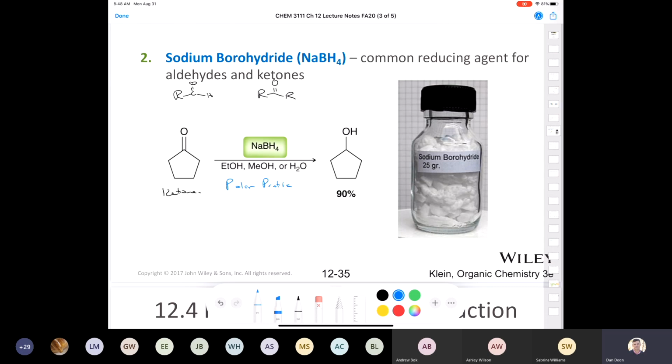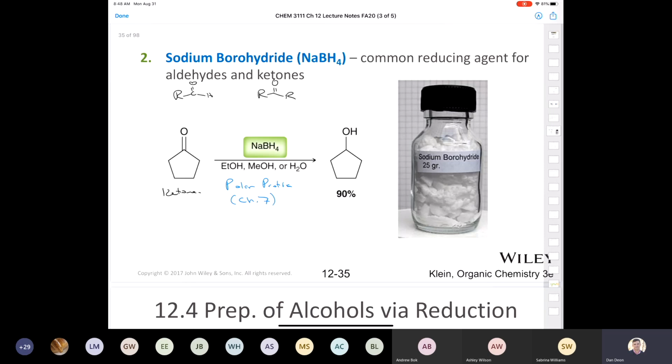Okay. And if you're like, what's a polar protic solvent? You would go back to chapter 7 and read about that. Okay, so polar protic solvents. And the reason it's so important that you remember that it's a polar protic solvent is because we're going to look at another reducing agent that cannot be used in water. Otherwise, you could end up in a big flaming mess, and I mean a big fire. Okay, so let's talk about the